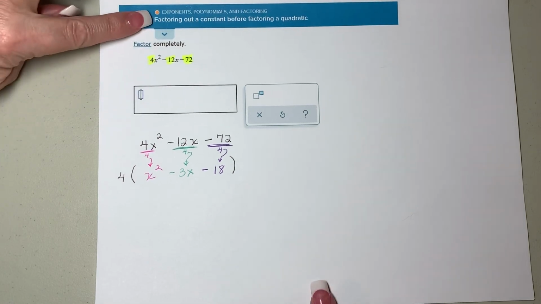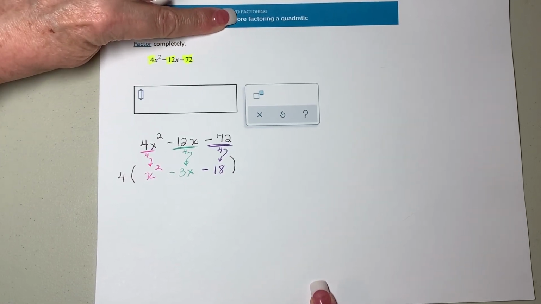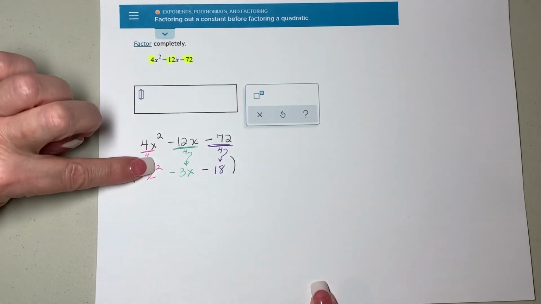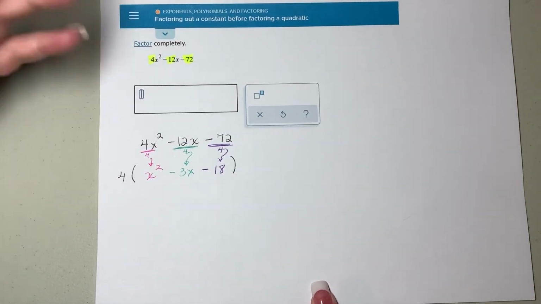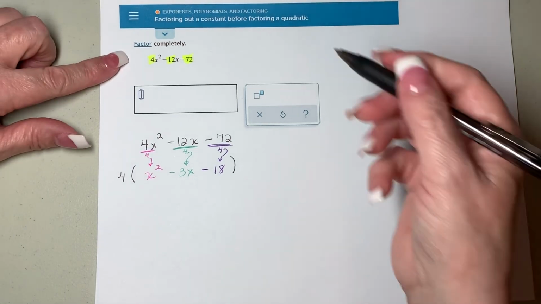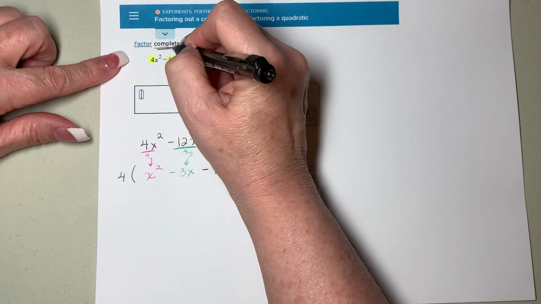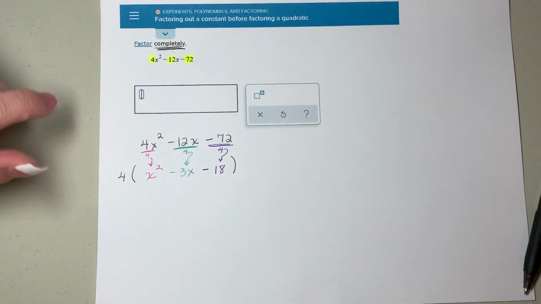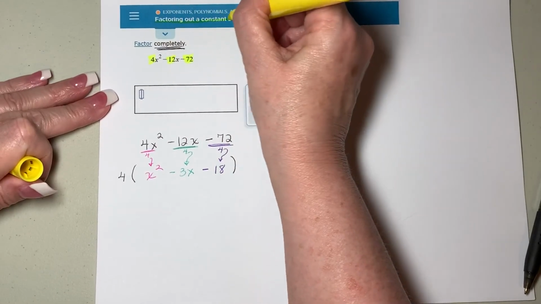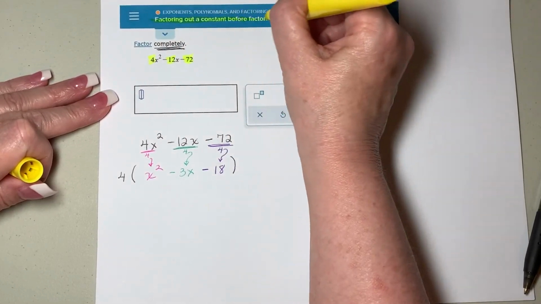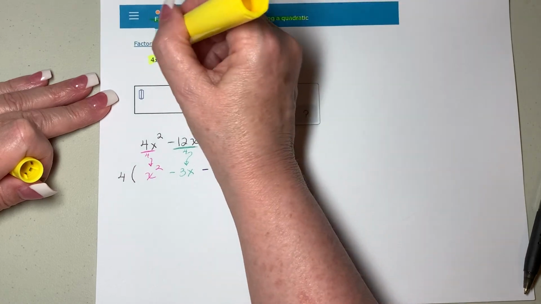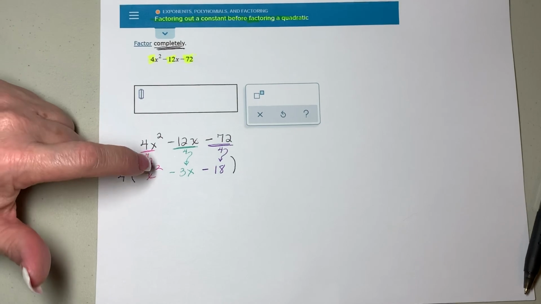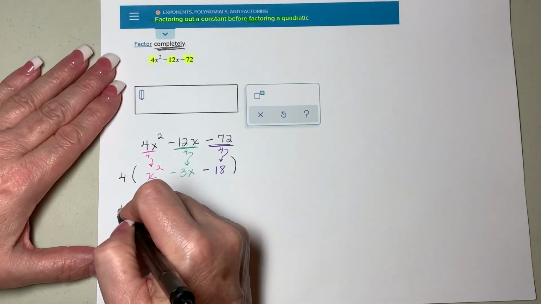That takes care of the factoring out a constant before factoring your quadratic. I still have a quadratic equation here because it's got an x squared. So I have to factor that next because it does say factor completely. But this factoring out a constant business, factoring out a constant before factoring the quadratic. So that's what the yellow is. I pulled out that 4, all right? Now I've got to finish factoring, and